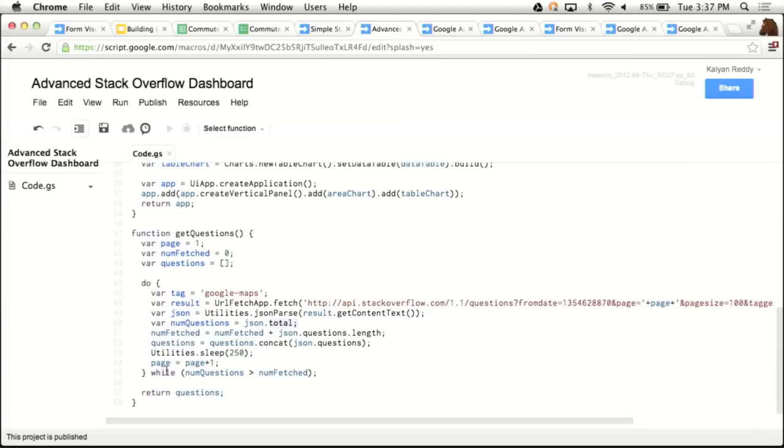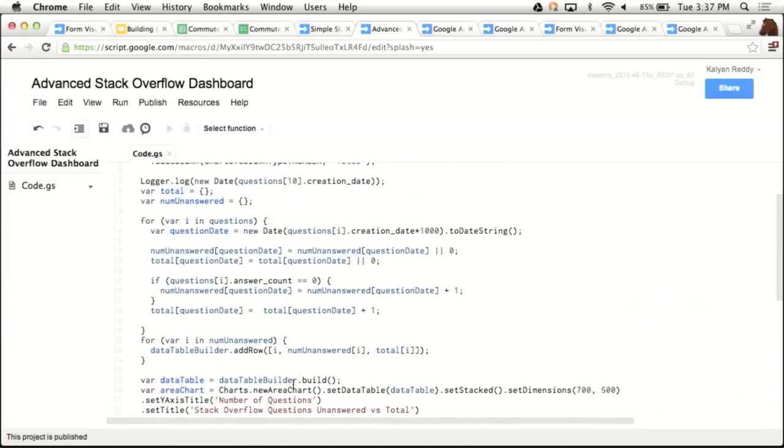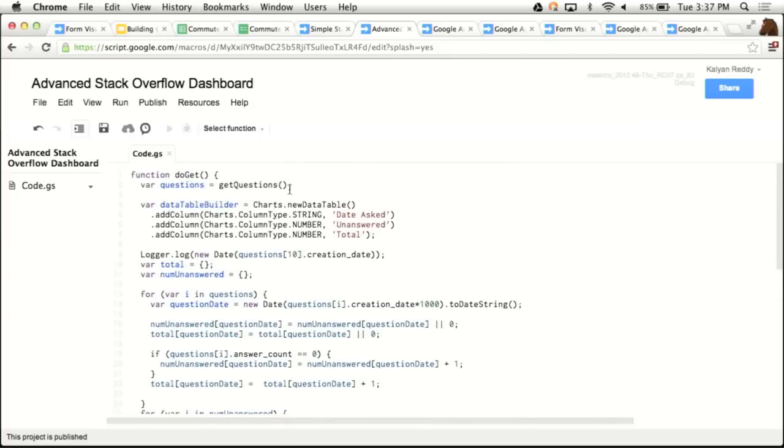We just keep on doing this while loop until we've fetched all of the questions for the past 7 days. That is basically the meat of this function. It then appends it to an array called questions and returns that to our main function here. In this main function, I want to do